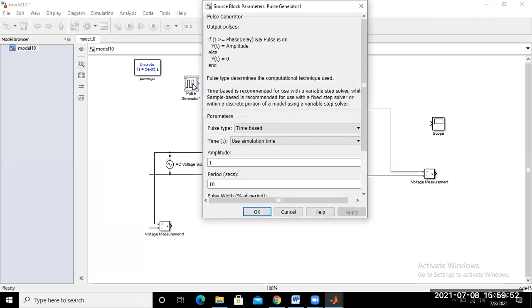Double click on this pulse generator and set the amplitude value, either 5 or 10, whatever you want. Generally you want 10.